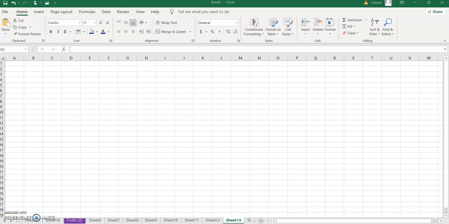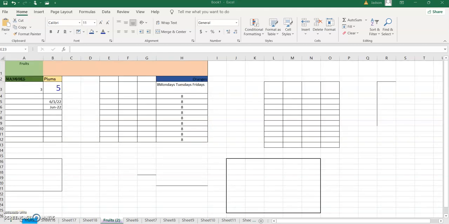We can also choose to group and ungroup our worksheet. So you can work with each worksheet individually, or you can work with multiple worksheets at the same time. And the worksheets, sorry, can be combined together in a group. And any changes made to one worksheet in a group will be made to every worksheet that is within the group. So let's say I want to